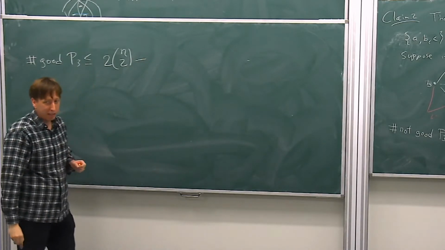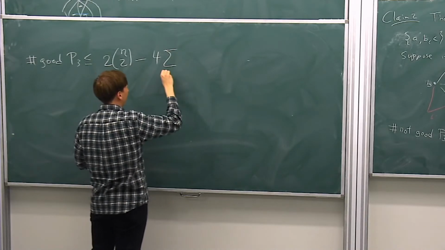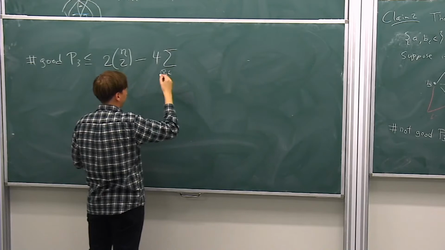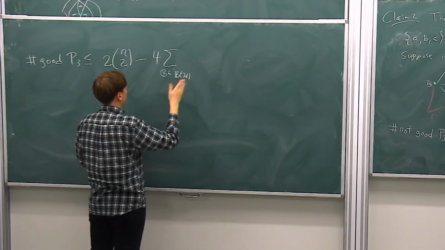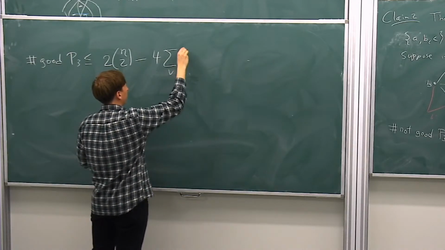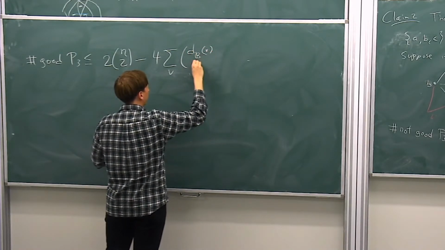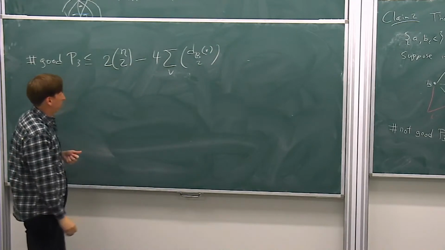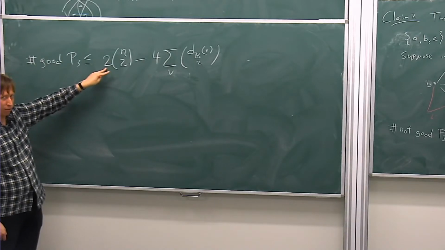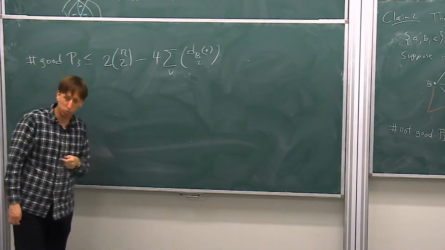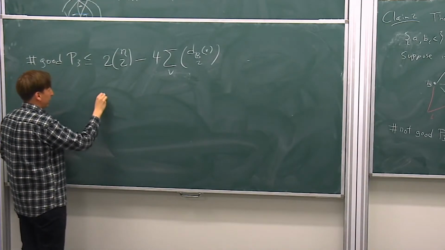So the way that we refine this is we can subtract off something that we look at the blocks. You could just think of it as the sum over V of the block degree of V choose 2. Basically, rather than getting 2 different good 3 paths for each pair of vertices, sometimes we only get 1. And the reason we only get 1, if you think about it, here's a vertex V,